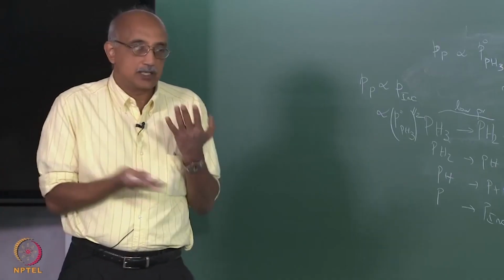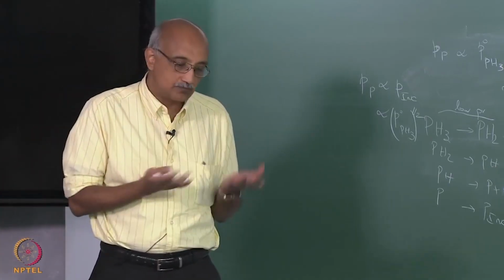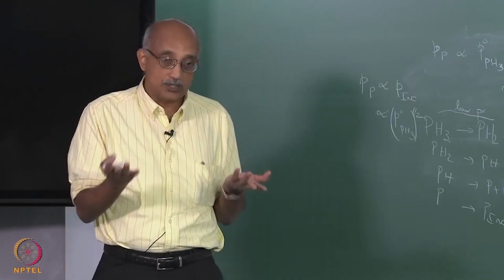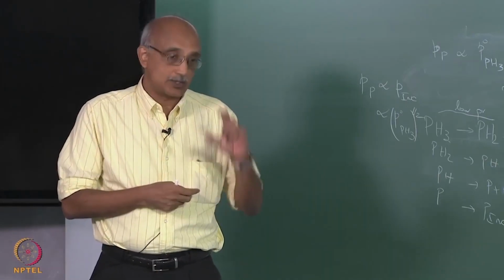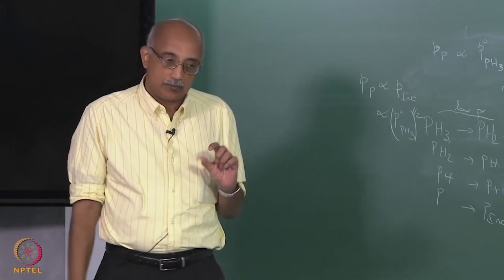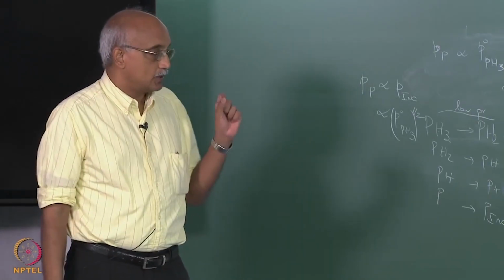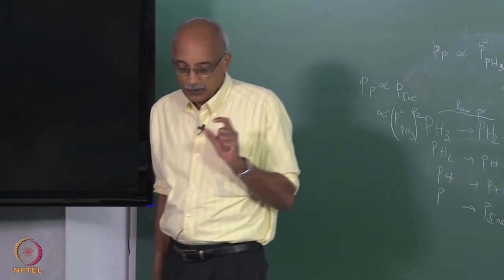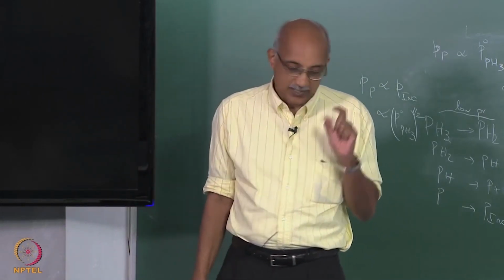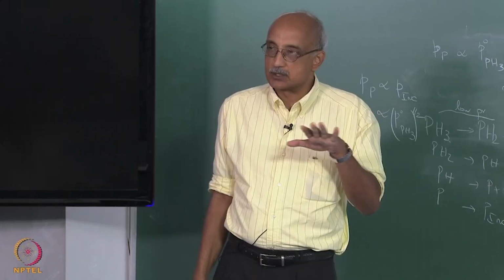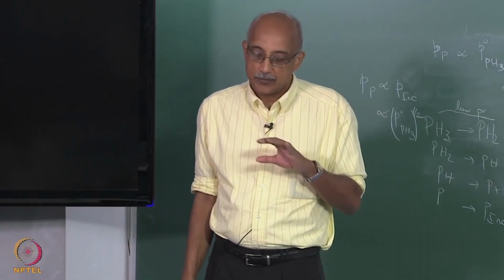So, you can have a CVD film that has different types of dopants, different concentrations of dopants across its thickness. But at the same time, the fact that your dopant is present only on the surface